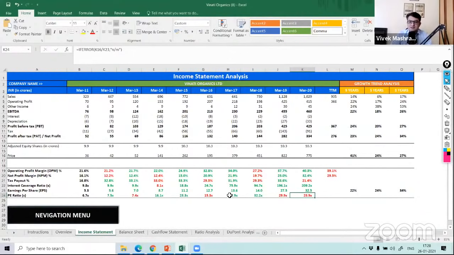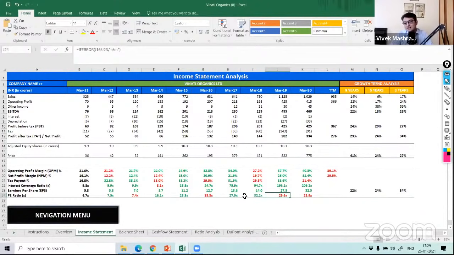So what will happen is when this PE re-rating is happening, right? From 15 it has gone to 30 and then 32. In the next year you will see good profit. See this year, these 3 years it was flat, but what happened to PE? It just doubled. And if you are just looking from the fundamental analysis point of view, you will think, yaar, ye to mehenga ho gaya, this is so expensive, I should not buy it. But then the market is smart, they discount the future. So in fact, in 2019, they are doubling their profits, but the market discounted it well in advance. Here, what happened?